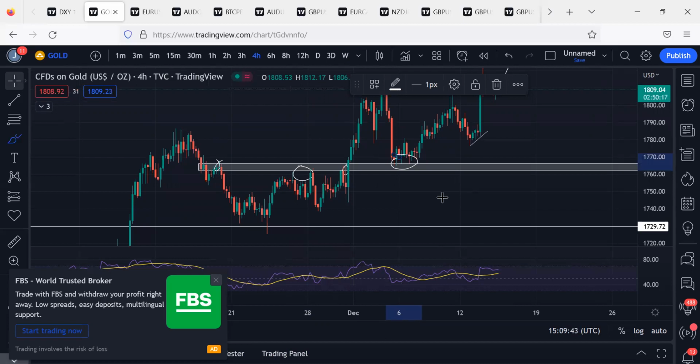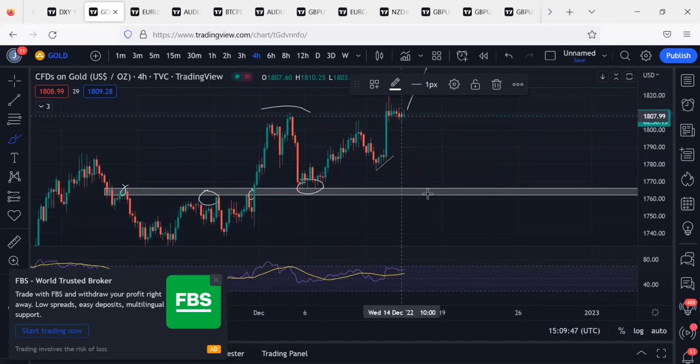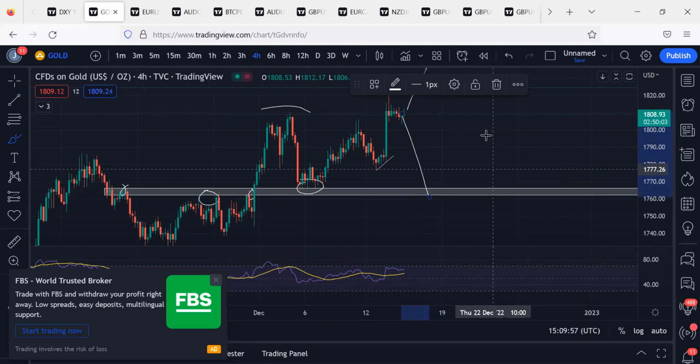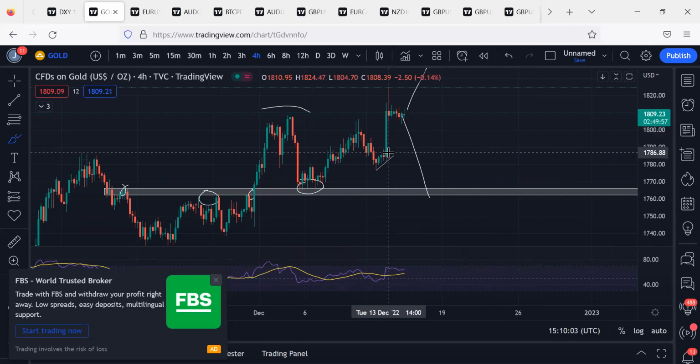If my retracement does not come here, I am not taking any trade. That's 1760. So I'm calling my support level to be 1760. If I don't get that, I will not take any trade, or probably I will take a trade from 1780. I don't know. I'm just going to flow with the market. Whatever happens is what I'm going to flow with.